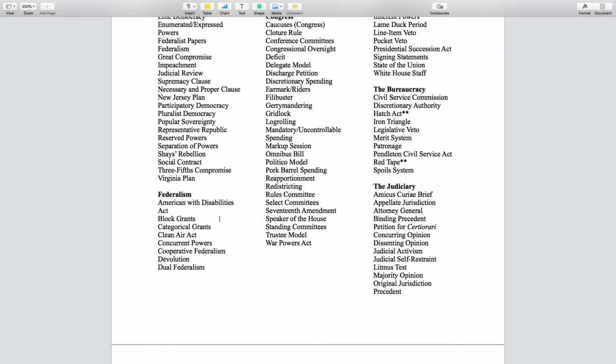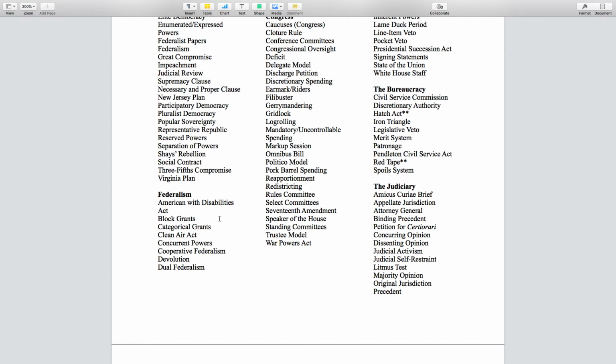Americans with Disabilities Act is a great example of an unfunded mandate where the states are being told by the federal government, in order to comply with this law, you have got to meet these certain criteria. States bear the burden of the costs. Whereas the Americans with Disabilities Act says public buildings must have wheelchair ramps and elevators for those with disabilities, the states are going to have to pay for that in order to be able to say they're complying with that federal law. So the states bear the burden.